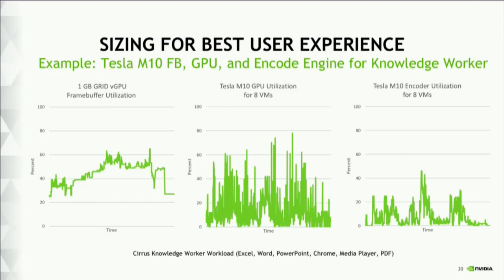And on the very end, encode. Right? A lot of talk about the importance of encode. It's a key piece to Blast. What it's showing here is that I am not changing that many frames, and I'm thus not using that much in actual worker workflow, right? And this is 8 VMs. I'm not changing that many frames, so I'm not using that much of my encode bandwidth. In other words, I have picked the right profile and the right GPU in order to meet this end user's needs. Right? It's that simple. Super.